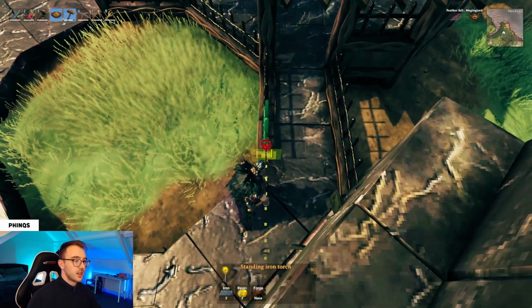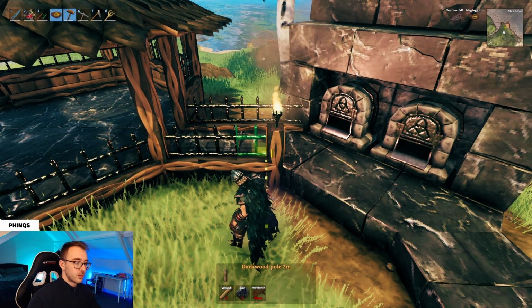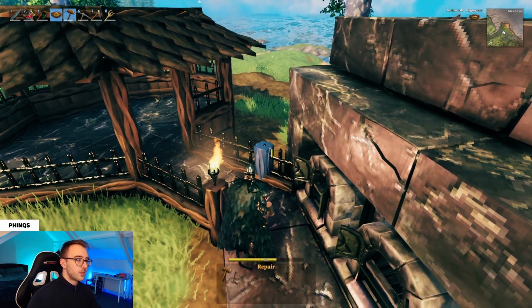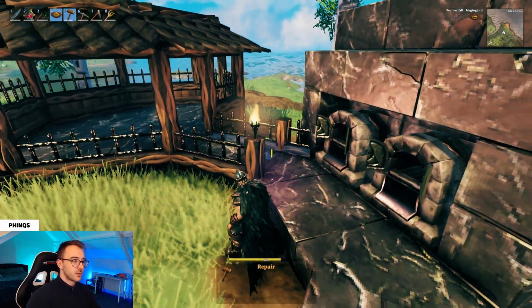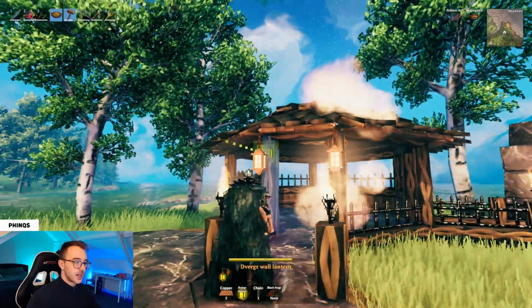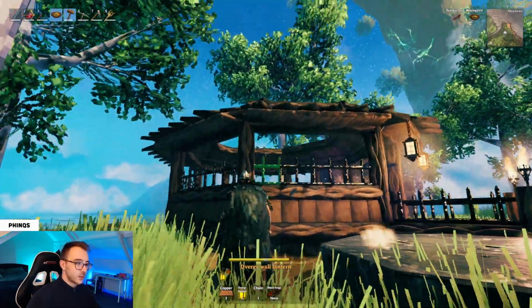I'll do the same at the oven side and hide most of it with the darkwood pole 2 meters. Now I'm also going to add in a darkwood pole 2 meters here, but I'm not going to bother adding in one of the torches because I think we have enough light as it is. Next up we'll grab the Dvergr wall lanterns and place them on each of these 4 meter poles around the